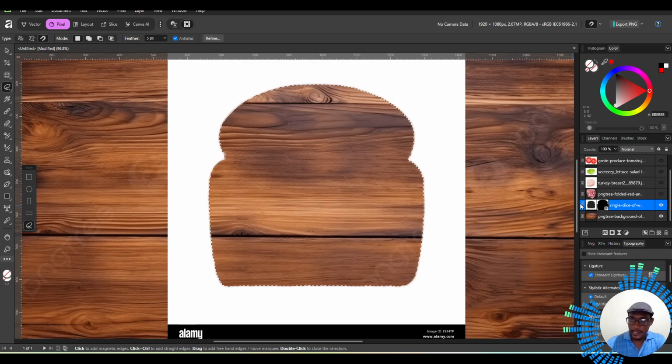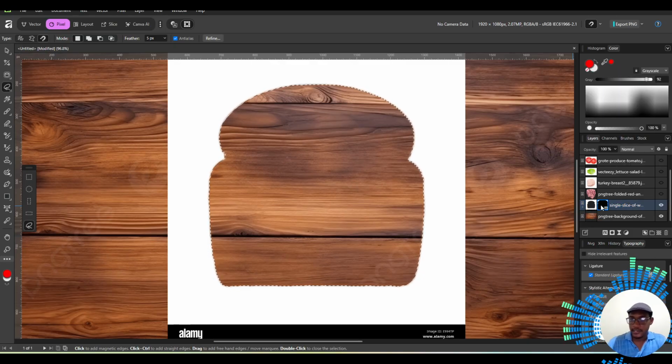So I press delete, and right in the layers panel, you'll see a shape. You see the bread, and you see like a black box or a black outline of the same bread. This first one is what we're visibly seeing, and the image beside it is a mask. And a mask is really something that helps to hide. So rather than actually deleting your pixels or erasing them, you end up hiding them, which again, I can give Affinity a plus for doing it that way. But I'm going to undo,